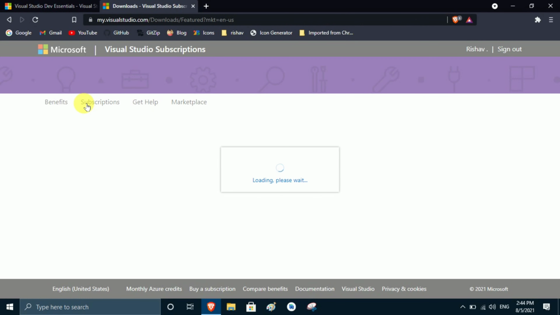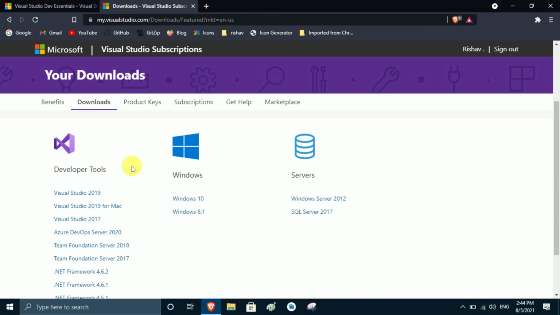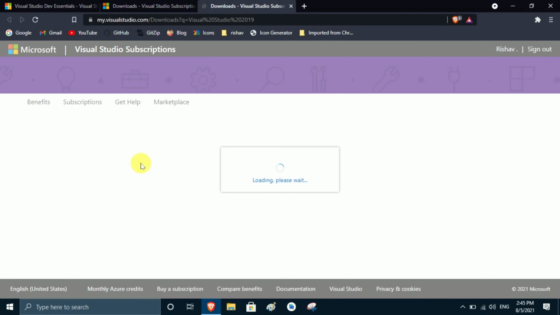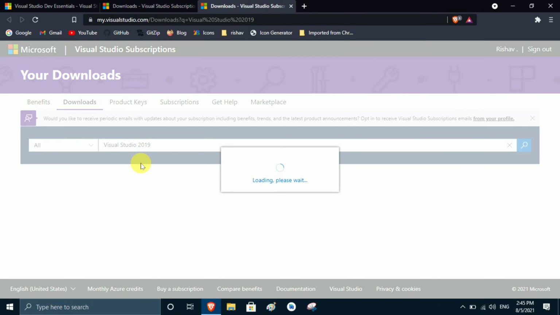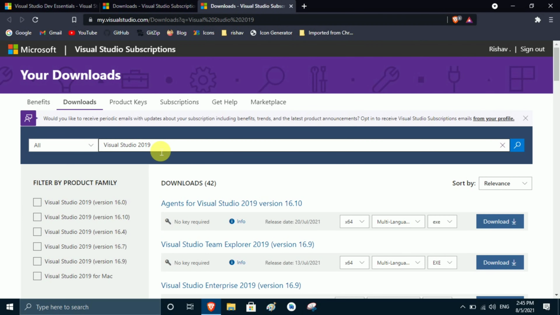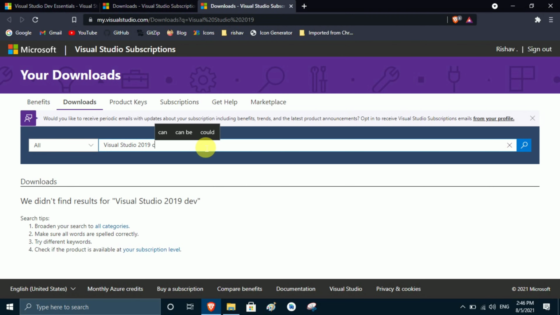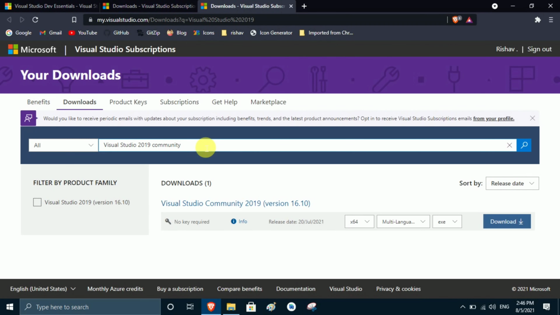and go to this download page. Here you see developer tools, Visual Studio 2019 is available. So I click on this, and when I click on this, another page will appear in front of me and here you see the page is loading and again Visual Studio 2019 is written already, so I type here community and when I press enter you see Visual Studio Community 2019 appear, so I click on the download button and